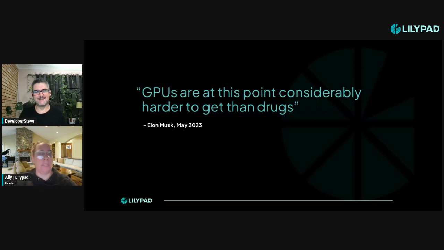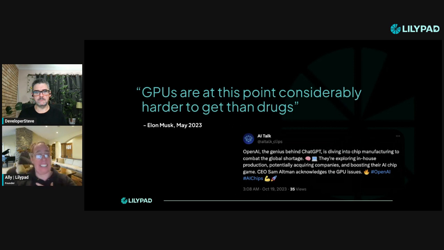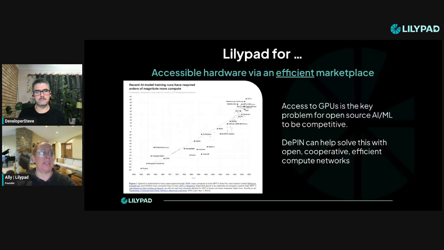This was one of our original theses. This brings up the problem that Elon Musk eloquently described last year as well, access to GPUs. It's a problem that everyone has experienced, even OpenAI at the time. There's been some mitigation of that, but the demand has certainly not gone down, and the price has certainly not gone down either. So this access to GPUs at a reasonable price is another key issue for open source AI and ML